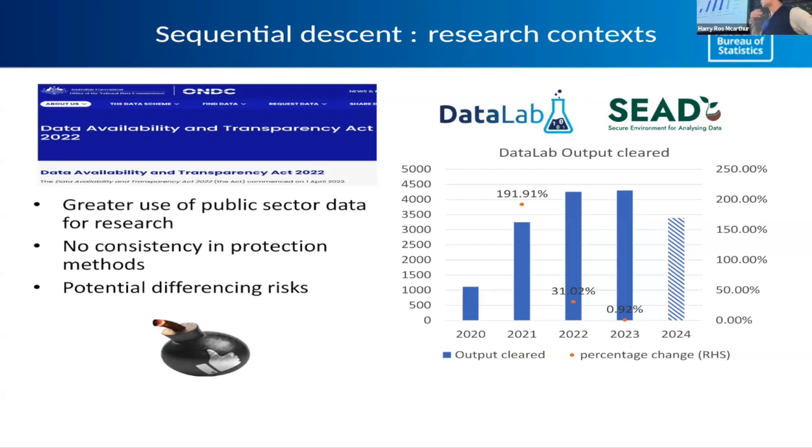As you can see from the chart on the left, the service demand is just increasing over the years. And obviously, it would be good to look for ways to really manage the difference in risk. I won't go through all the details about the risks, but basically this particular research is looking at how we can improve the service ABS provides.